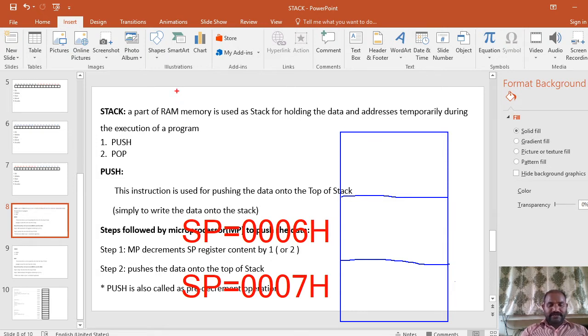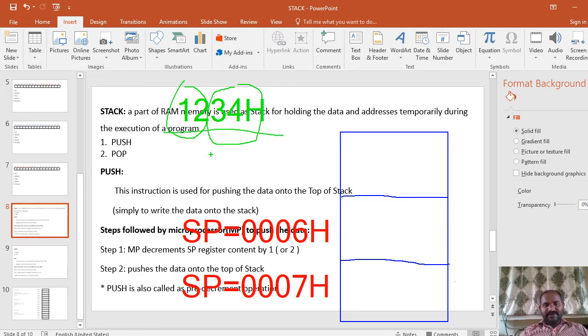What was the value we are interested to write? We are interested to write 1234H, which is a 16-bit number. Out of the 16 bits, this one is the higher order byte and this one is the lower order byte. In the 16-bit combination, the most significant 8 bits are called the higher order byte, and the least significant 8 bits are called the lower order byte. When writing the 16-bit number, first the memory location is decremented. Previously it was 8, so decremented by 1 it becomes 7. Over here it is going to be written as 12H,